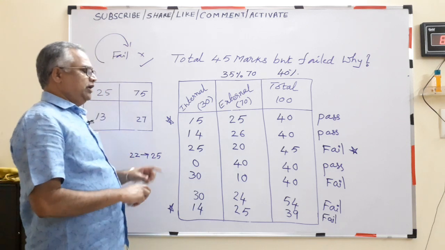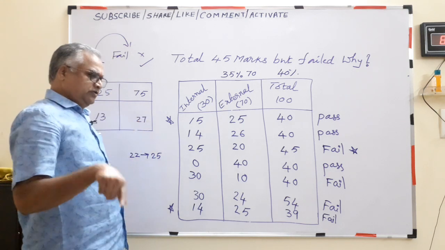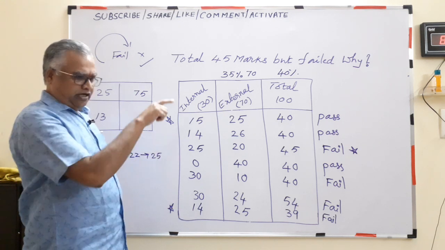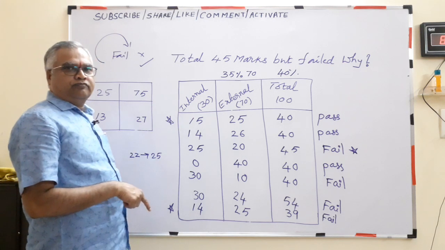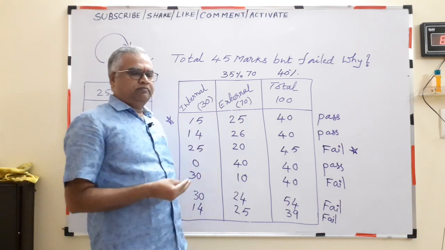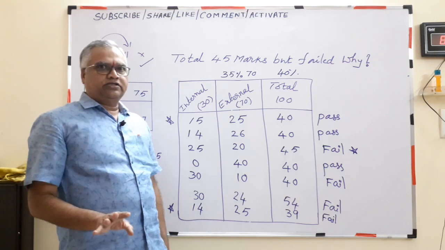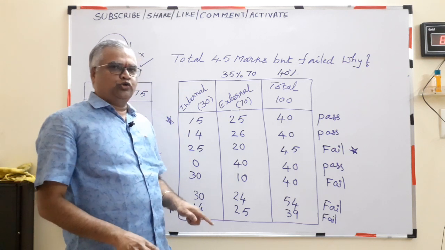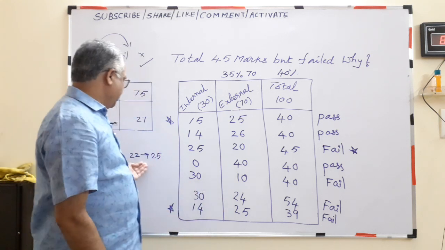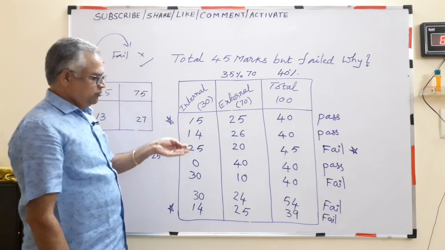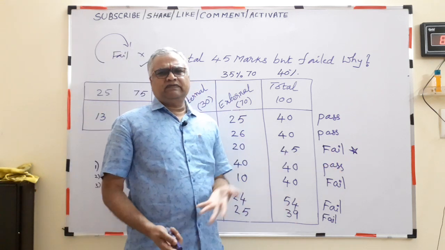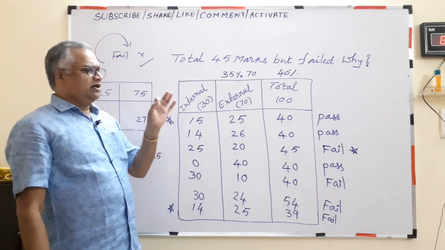If you are going to fail 100%, I don't know whether I can advise this or not. If I am in that situation, I will strike off my paper. I will write next time. If the paper is tough, I could not prepare the last day, my mind got disturbed, and I am 100% sure I will fail, then I may get 22, 23. Then somebody adds 1 mark, 2 marks, 3 marks, bringing it to the border, with internal marks anyway 15, then just pass. What is the use? Just a borderline pass is spoiling life.